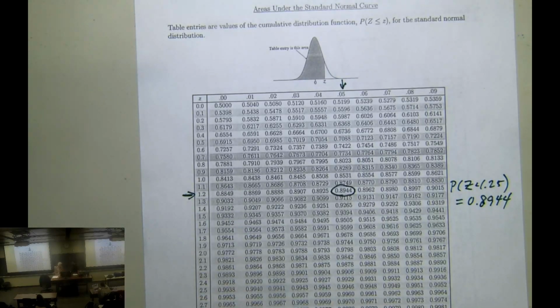I do have a helpful comment. Why is it so important to be able to use these tables when we can look it up on the internet these days? Because on the test, you're not going to get to look it up on the internet. You'll be given one of these tables, and it'll say, please find the probability z is less than 1.25, or use that as part of a question. And you need to be able to do it.